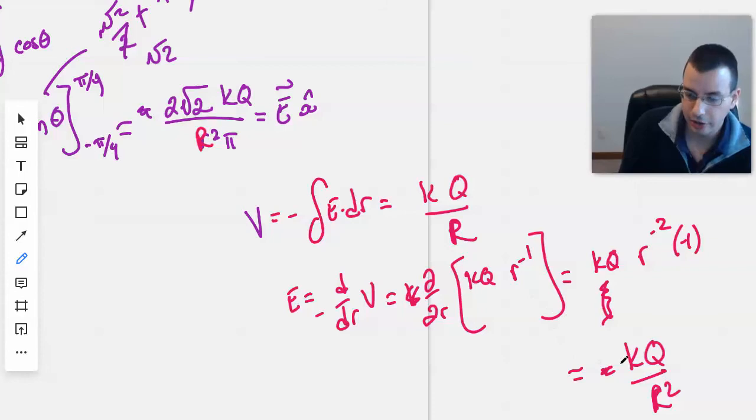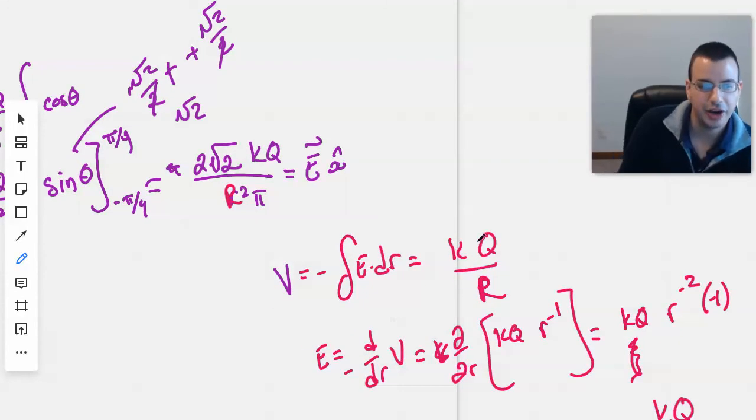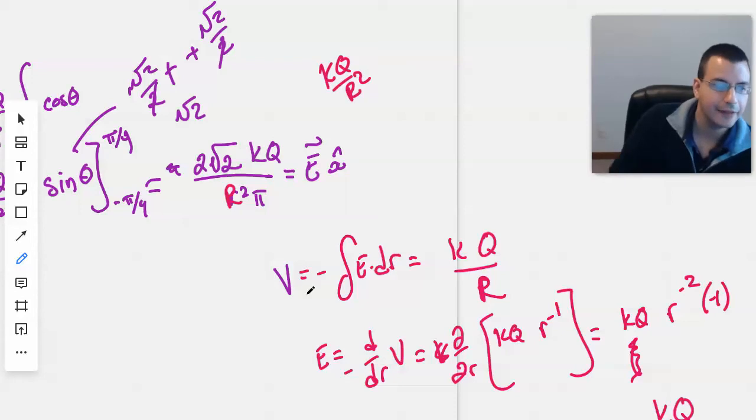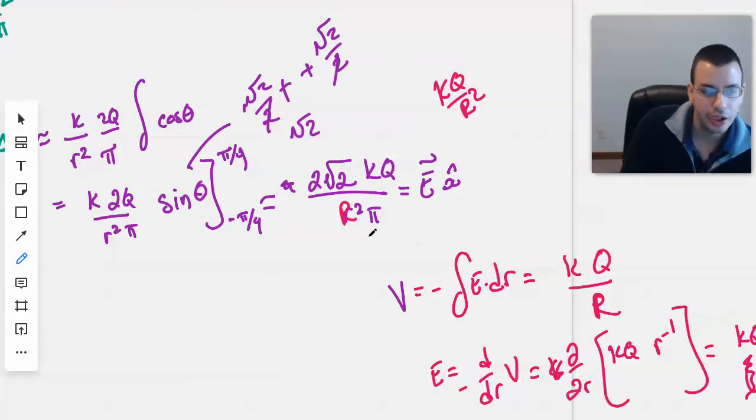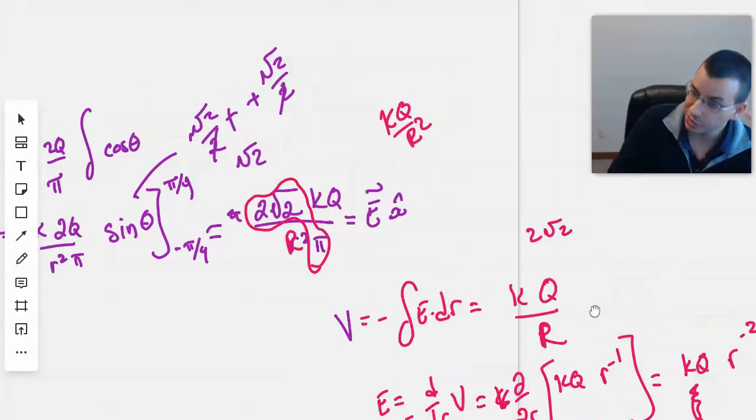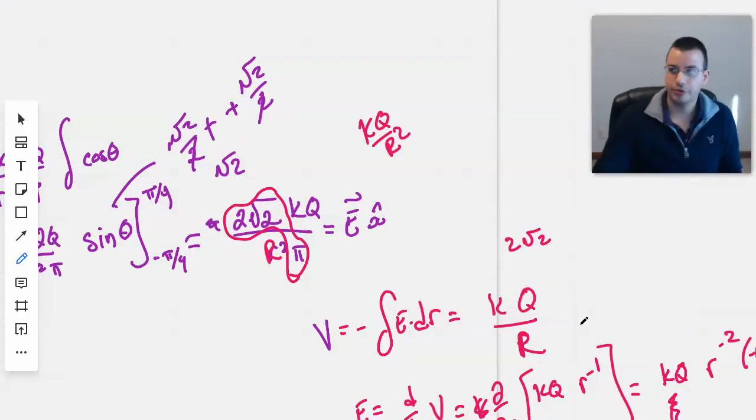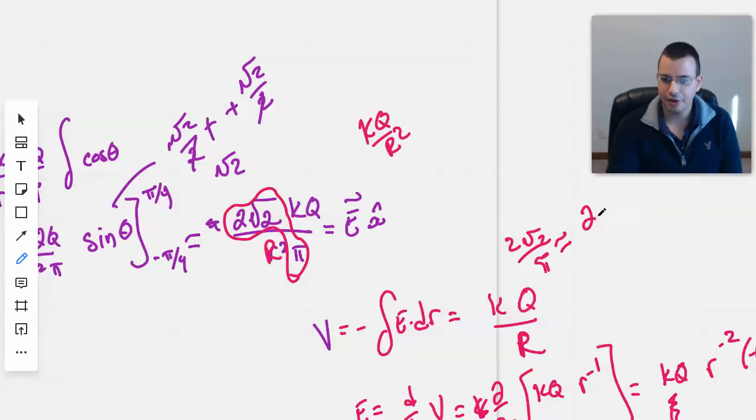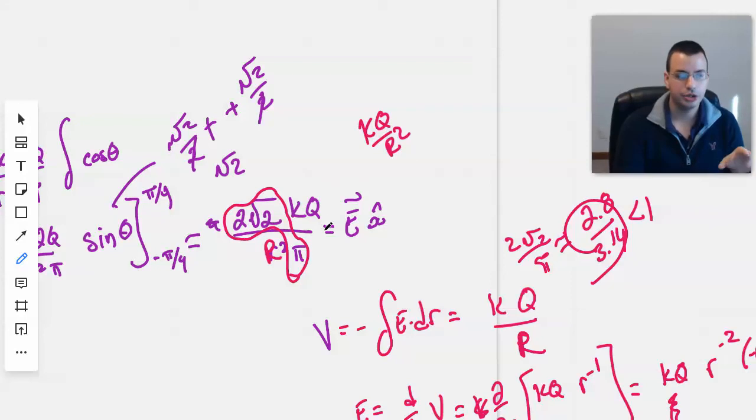So what we're comparing here then, if we did this trying to find the derivative of voltage, we would find kq over r squared compared to having this factor of square root of 2 pi in there. So 2 times the square root of 2, square root of 2 is like 1.4, so 2 times 1.4 is like 2.8. So this would be about 2.8 over 3.14, which is less than 1. So what we're saying is